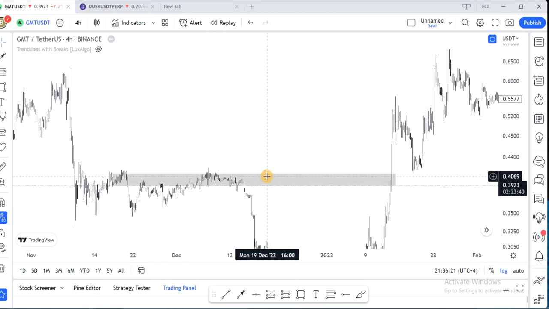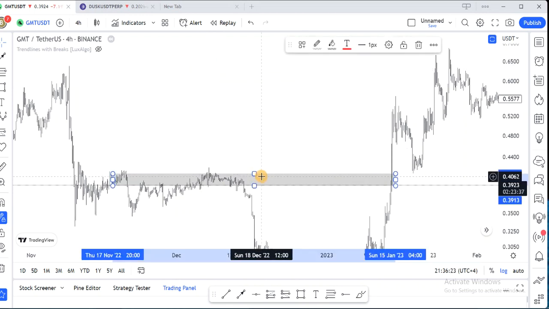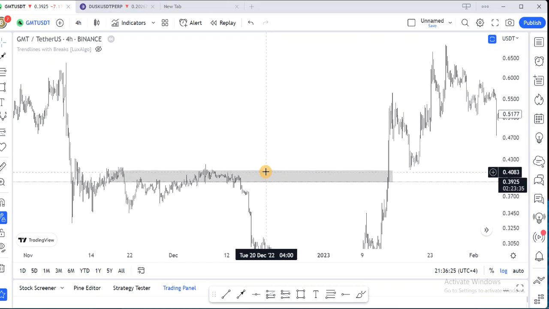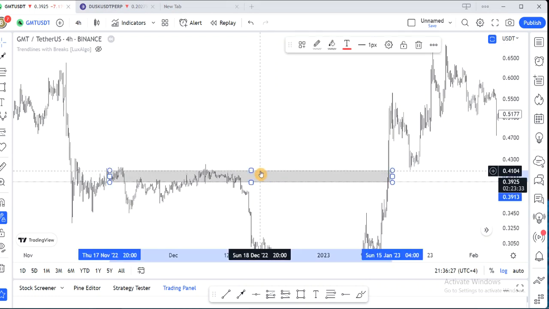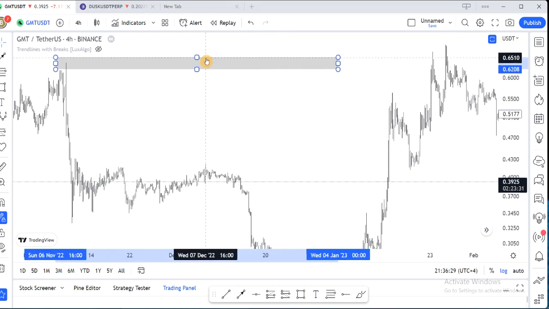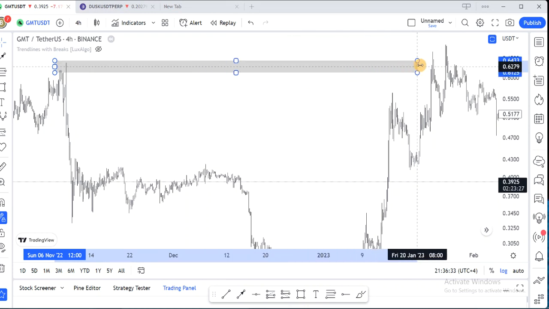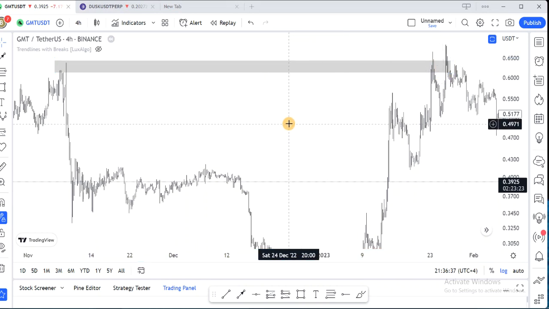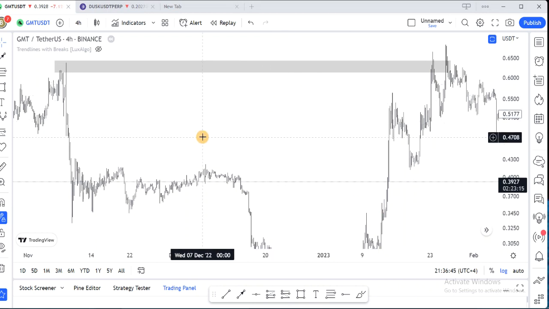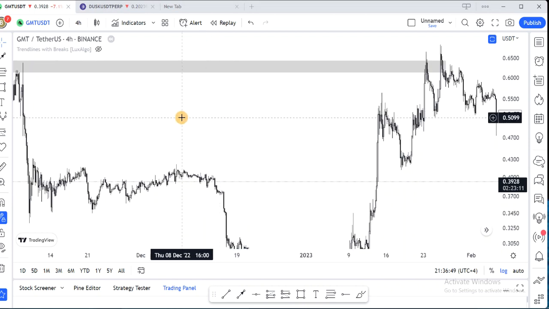Avoid the noise and focus on the main thing. I want to tell you today that those things that you refuse, you say you don't want to learn. This is crypto. You don't want to learn all these things because maybe you think support and resistance is old trading. No, focus on the main thing. Avoid the noise.